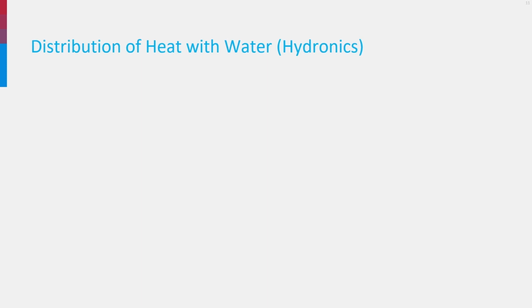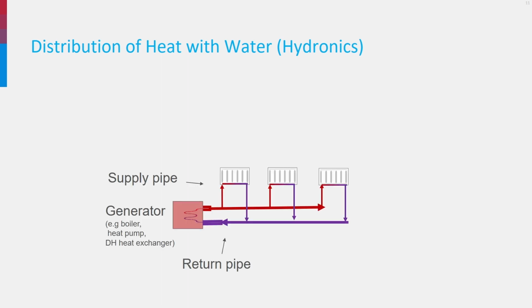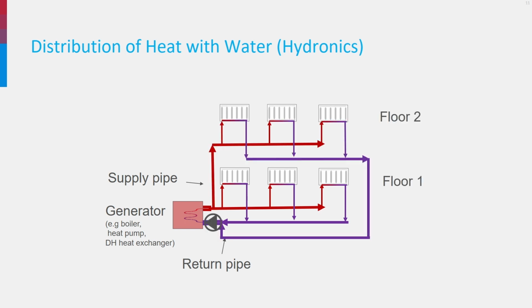One way of transporting heat in a building is to use a network of pipes bringing the hot water and its energy from the central heat conversion system to each room. In standardized terms, the heat conversion system is called the generator. The radiators or floor heating are called the emitter system, and the water pipes, including all valves and pumps, are called the hydronic system. The generator may be a boiler or a heat pump or a district heating heat exchanger.